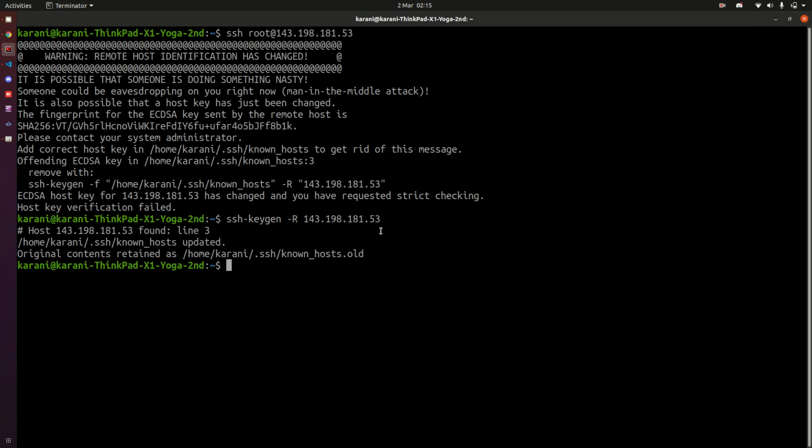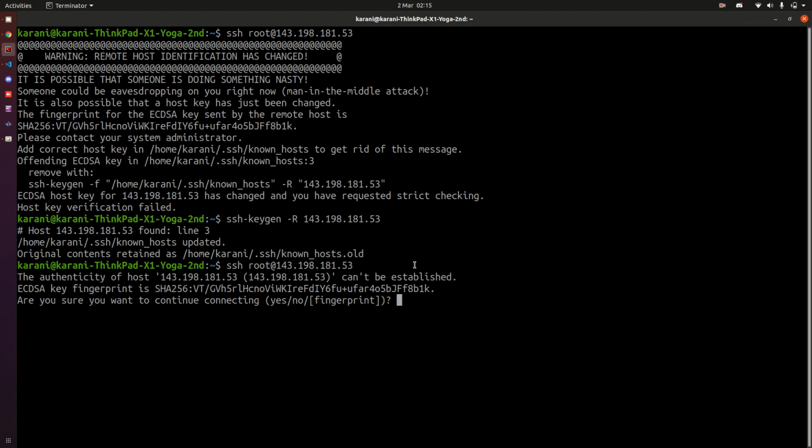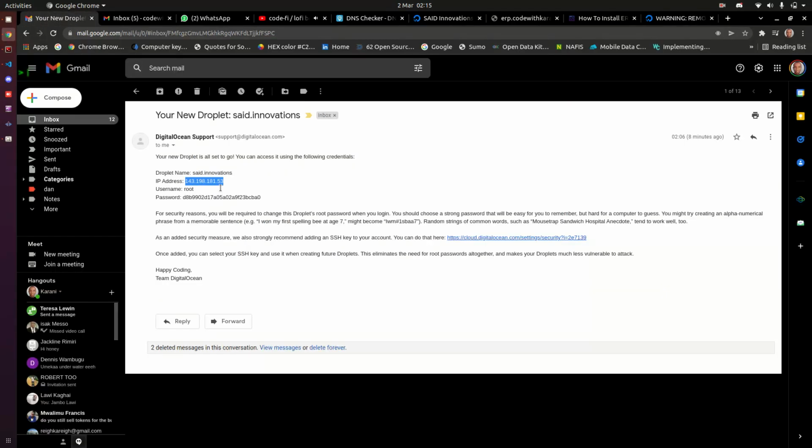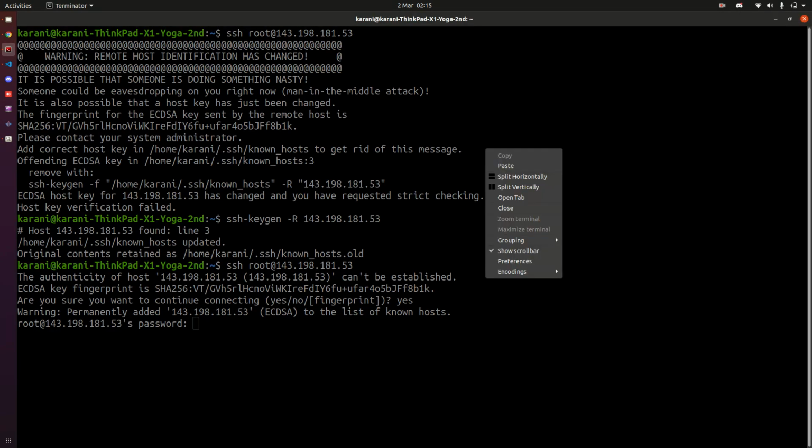Updated, and now you're good to go. So now you can run that, and yes, confirm that you want to log in, and it's going to require you to enter a password. The password that it is asking for is this password, the password that it is sent to you when it did the reset. So paste it here,